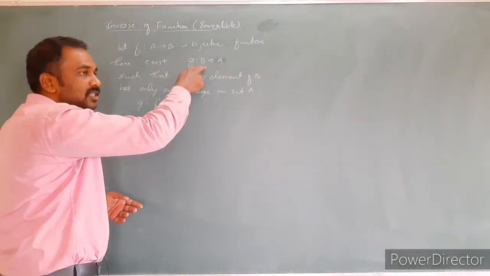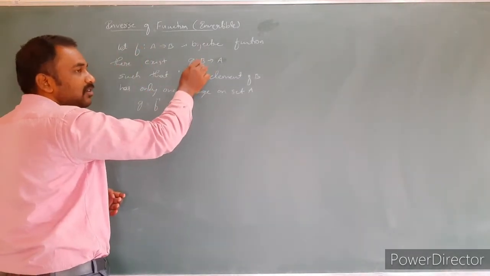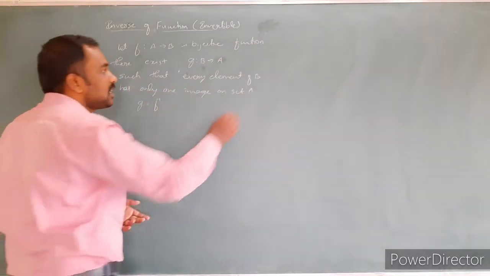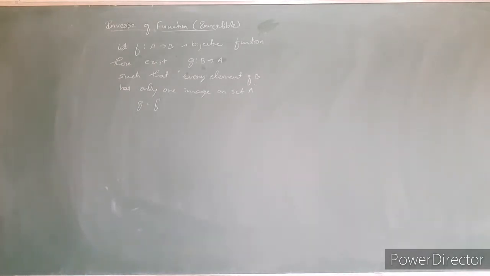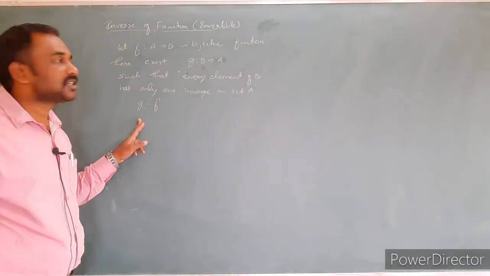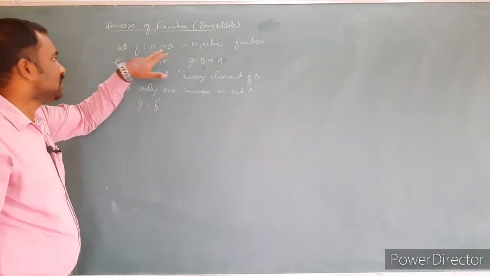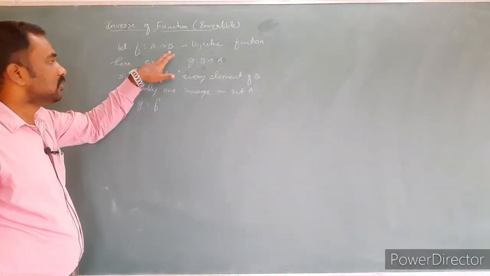The function g becomes the inverse of the given function only when every element of B has only one image on the set A, and every element of the set A has one and only one image on the set B. Then in such a case we can say that it is an invertible function. Instead of telling it this way, we can also say it is both one-one and onto, which is bijective. So, onto definition.